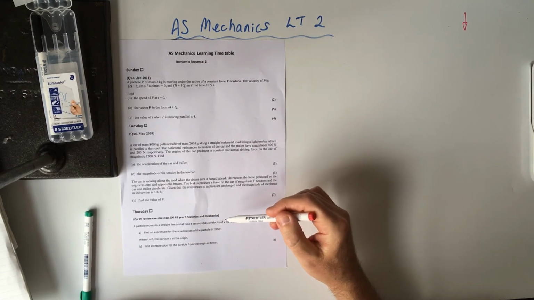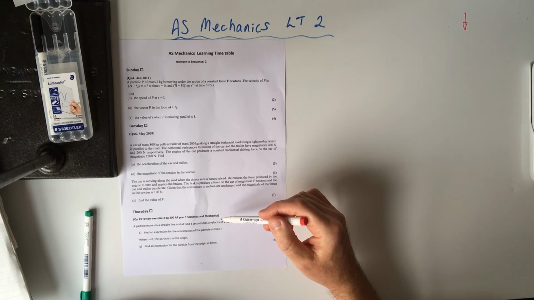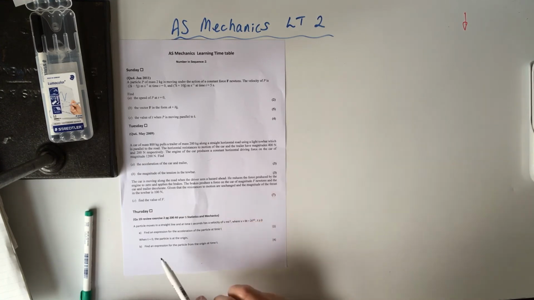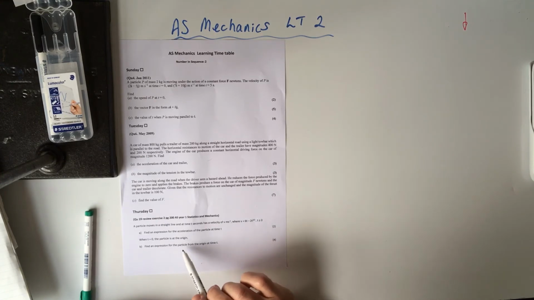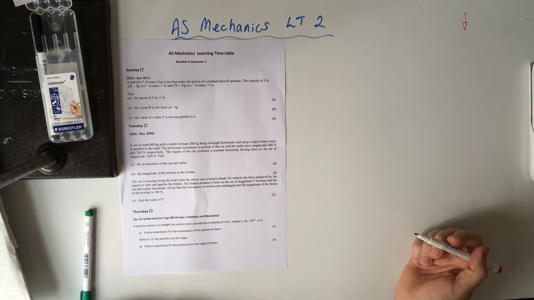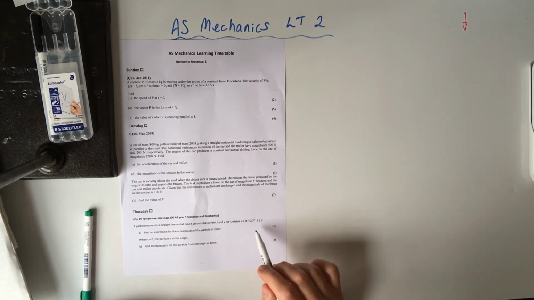I took these because they're not on the old M1 papers. They're new on the syllabus. Then I've taken it from the textbook. Sorry, I copied this bit. It says find an expression for the distance of the particle from the origin. Obviously, that's probably obvious what that means. Okay, so it's one of these with variable acceleration,